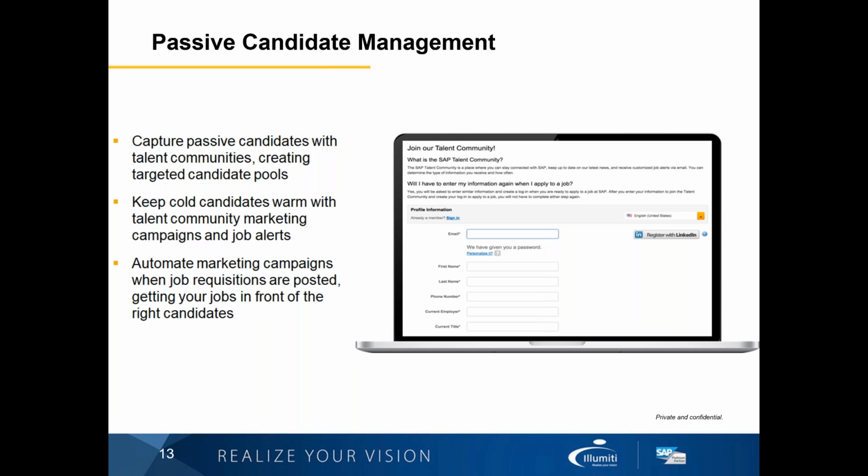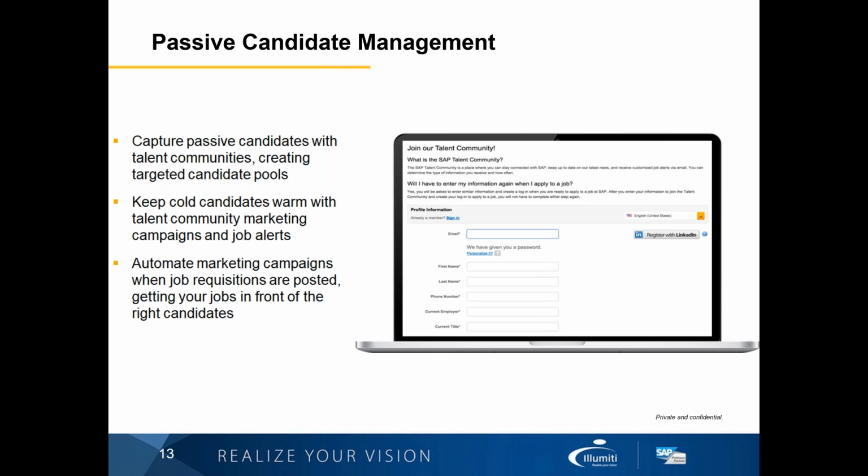Having a talent community allows these individuals to quickly input an email address, maybe their name and one or two other pieces of information, and allows you to stay in contact with them for future openings. There can be automated marketing campaigns where periodic newsletters are sent out to these individuals. And you can also have some automatic feeds coming from the system. So if a potential candidate indicates an area that they're interested in or a geographic region where they'd like to have an opportunity for employment, when openings come up in those particular areas, the system will automatically notify them.